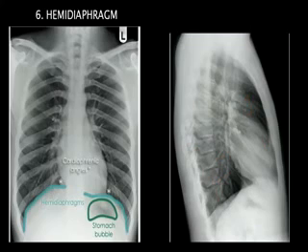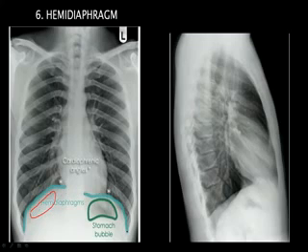And the next thing is the hemidiaphragm. This is the right hemidiaphragm, this is the left hemidiaphragm. They must form a sharp contour and be clearly visible. You should not only see the diaphragm, you should see under the diaphragm also. Only soft tissue must be seen normally under the right dome of the diaphragm. If air is seen, that is abnormal, a pathology we are not discussing now. There should be no translucency under the right dome of the diaphragm.